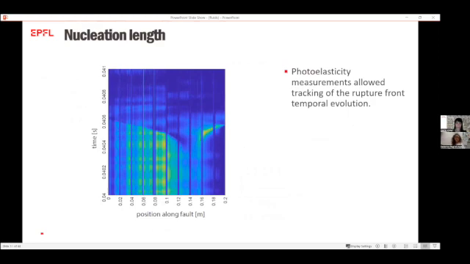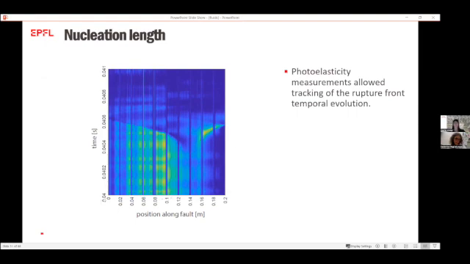So the second property of the rupture that we wanted to study was the nucleation phase, so the nucleation length. As I told you before, the use of the camera allowed us to treat the data through photoelasticity. So this allowed us to have a picture of the rupture front. So you can see here on the left, there are many images that are stuck one after the other in time in order to reproduce this